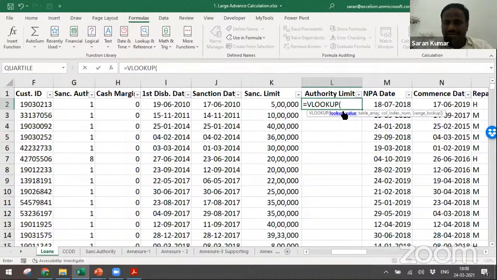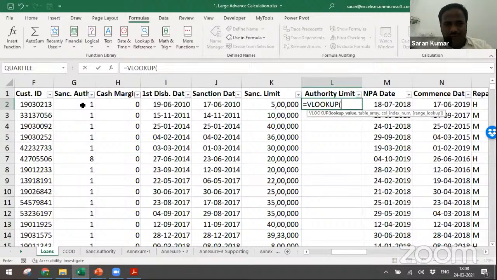Syntax is very important in any MS Excel function, as you all know. Many a times we don't look into the syntax and we try to write the entire formula. Let me tell you, many a times, we don't even read the pop-up messages that Excel provides. Let me give you a suggestion: don't have an ego with Excel. When Excel is trying to guide you, trying to support you, trying to give the help, you better take the help. Let us not have any ego with Excel.